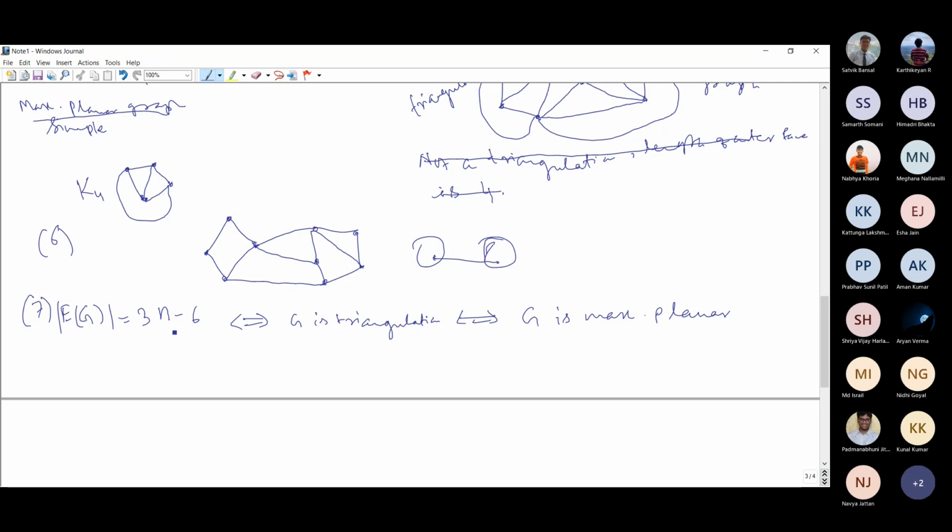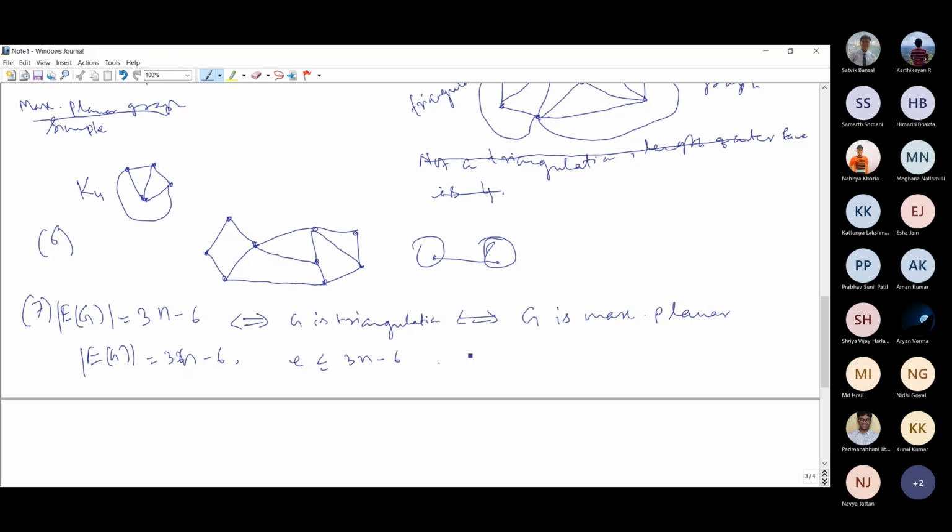See, in general, you can proceed, right? How do you proceed with this one? Say the three statements are equal. Suppose this first statement. When do you get the number of edges equal to 3n minus 6? Do you remember that we have proved this result that E is less than or equal to 3n minus 6? How did you prove this one? From there you get this inequality will be equality.